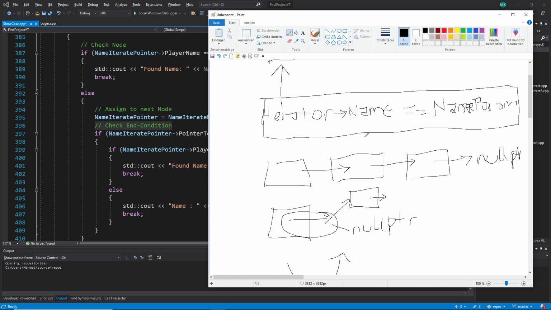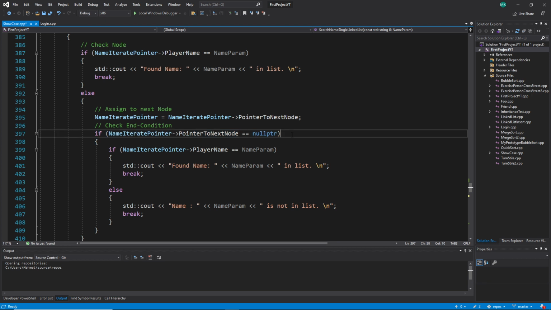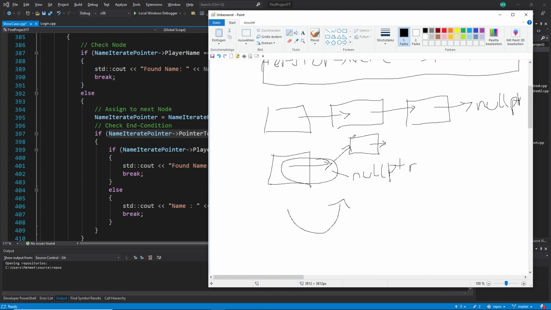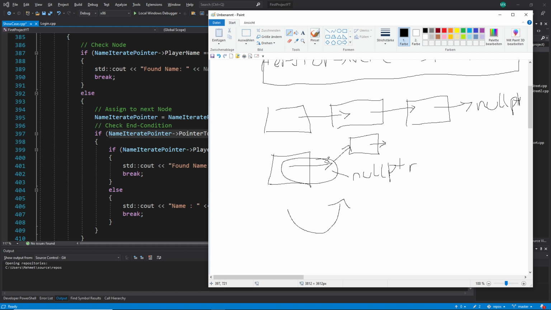And when I search a name, I just need to go here, check for null PTR, then check my comparison, go to the next, check my comparison, go to the next, check my comparison, and if I find null PTR, I know I'm finished. And this one, I made with this. And then I say, okay, if this is the null PTR, after you change the position, you can see here, I try to,